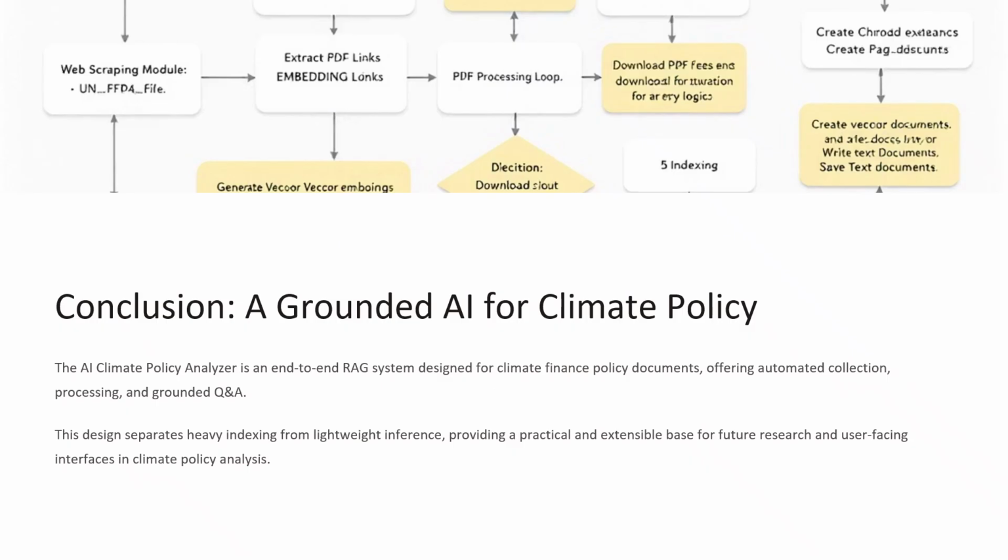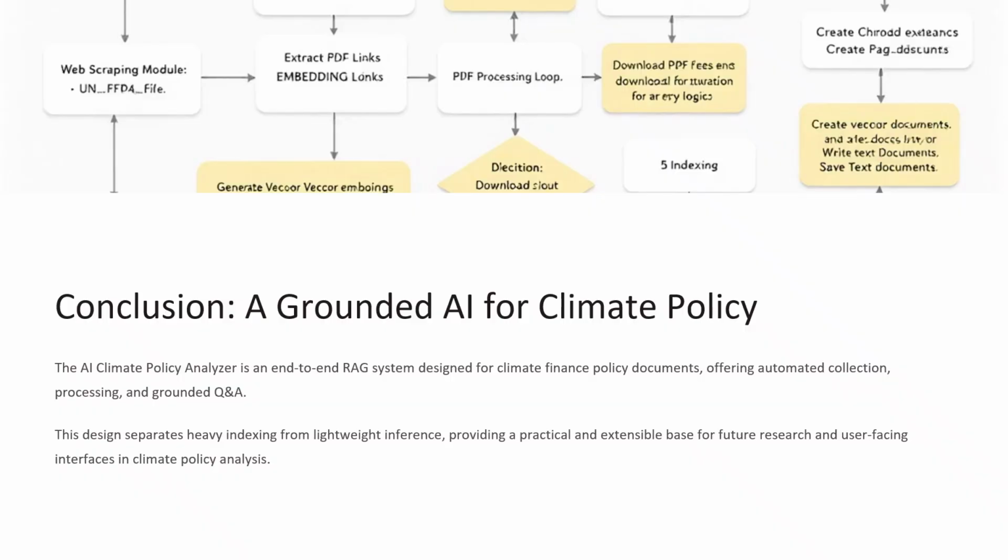So coming to the conclusion, this AI climate policy analyzer is an end-to-end RAG system focused specifically on climate finance policy documents. It automates collecting PDFs from the UN FFD4 site, processing and converting them into a vectorized knowledge base, and serving a document-grounded Q&A API powered by a local LLM. And this API is really flexible.